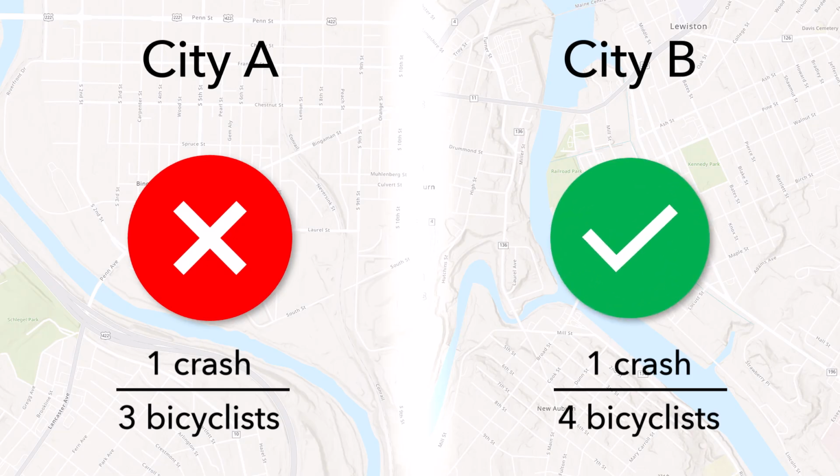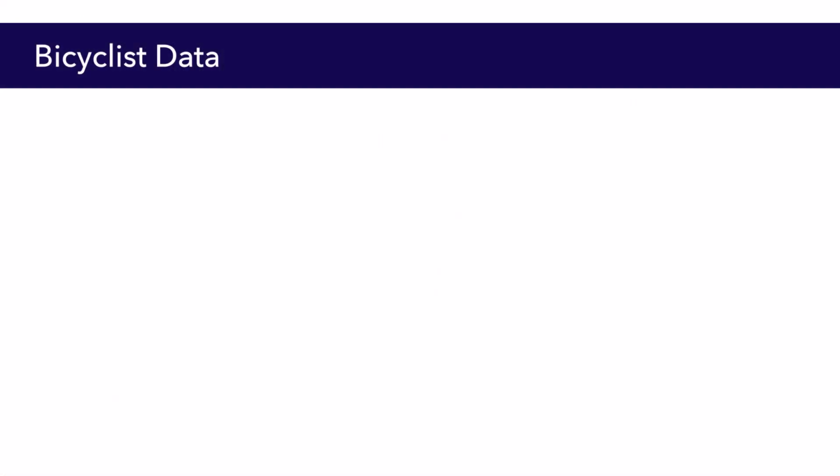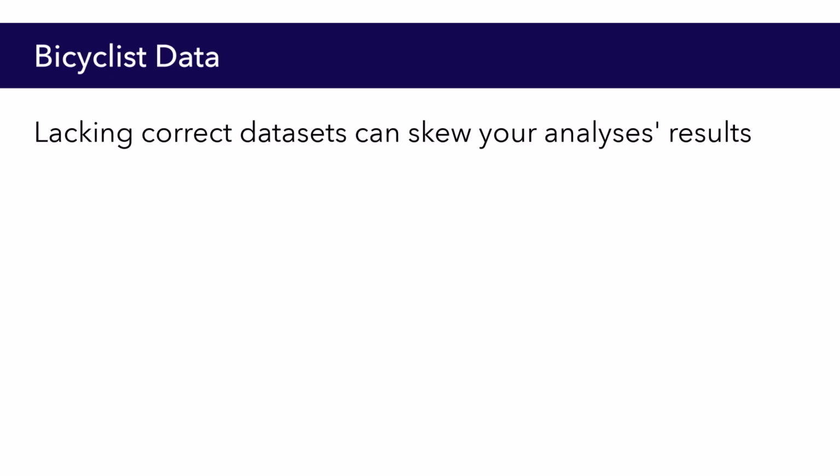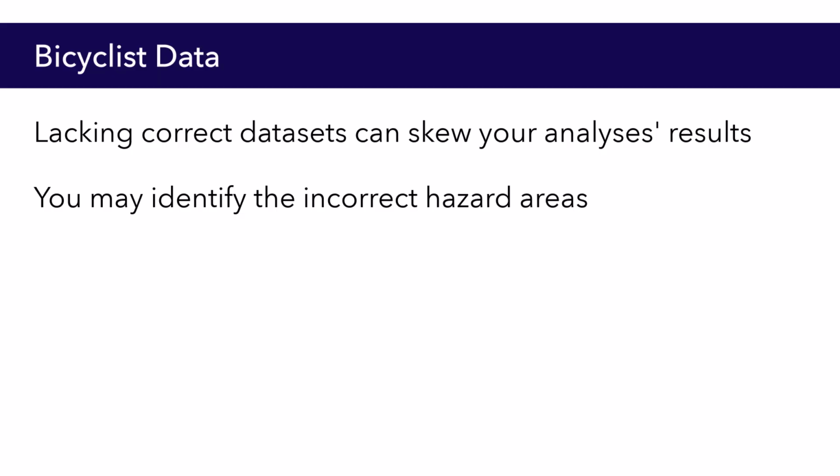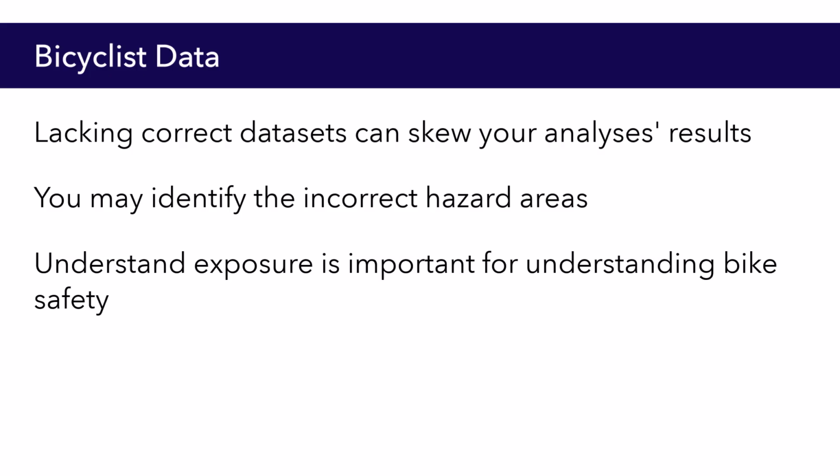So just think about different places that you've been. Some places you might see lots of bikes, and some places you might see almost none. And if you only look at the number of people that are injured or the number of crashes that occur, you'll get a skewed perception about how safe bicycling is. And in fact, you will often end up identifying unsafe cycling in places that are just because there's lots of bikes there. If there's 1,000 bikes, the chances of one person getting hurt are a lot higher than if you only have 10 bikes, for instance. So we find that exposure is so important